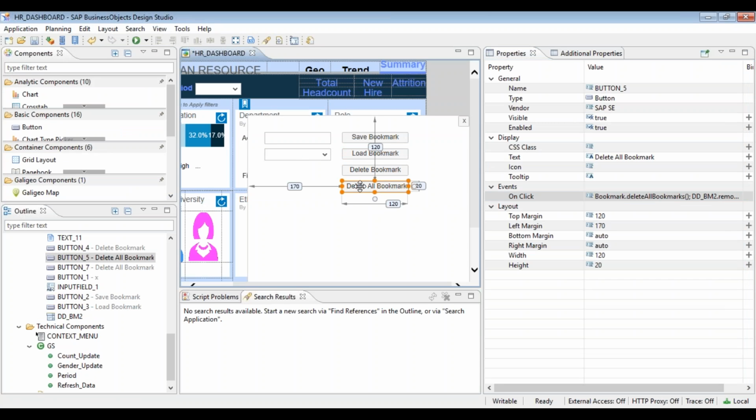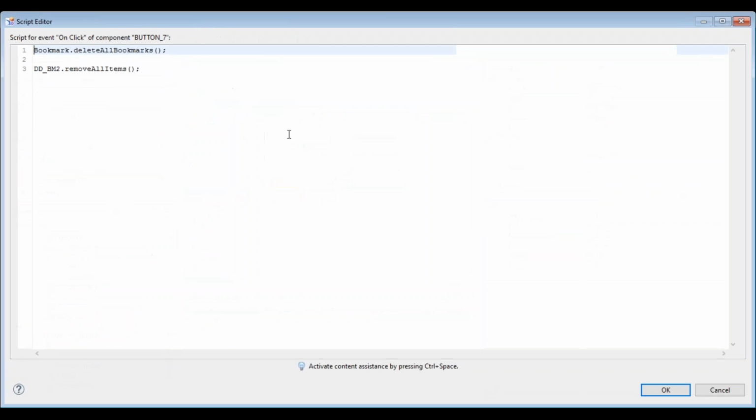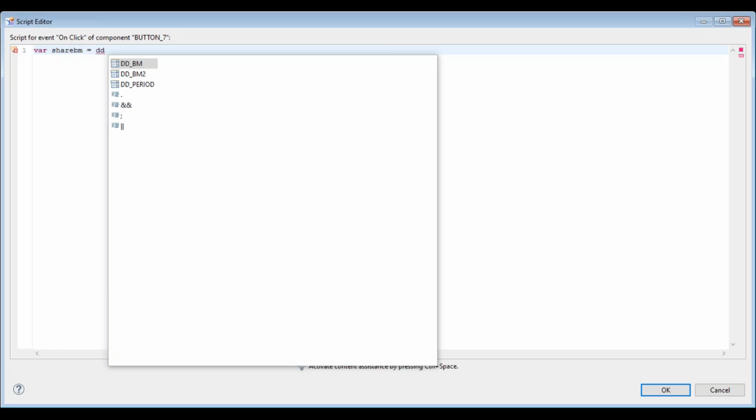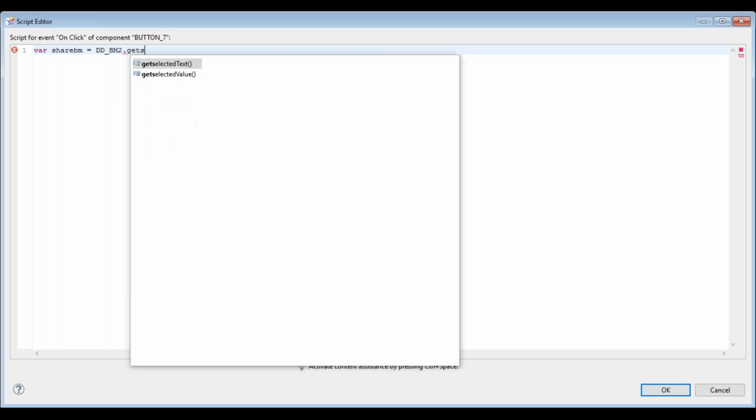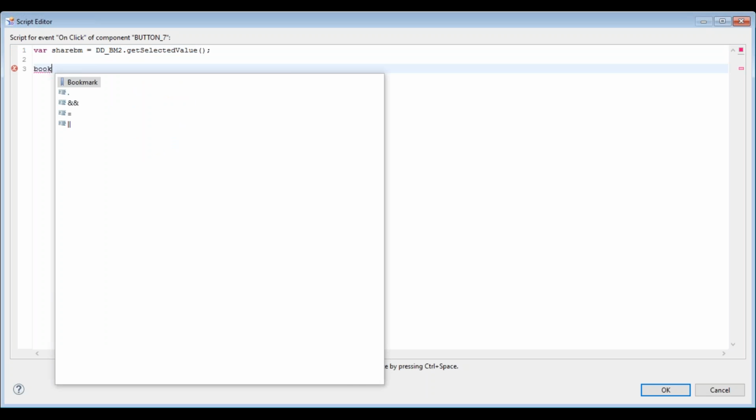So apart from deleting a bookmark, you can share a bookmark also. For sharing a bookmark, it's very straightforward. Whatever bookmark we selected in the drop down, first capture that selection: share bookmark equal to drop down dot get selected value, and bookmark dot share bookmark,